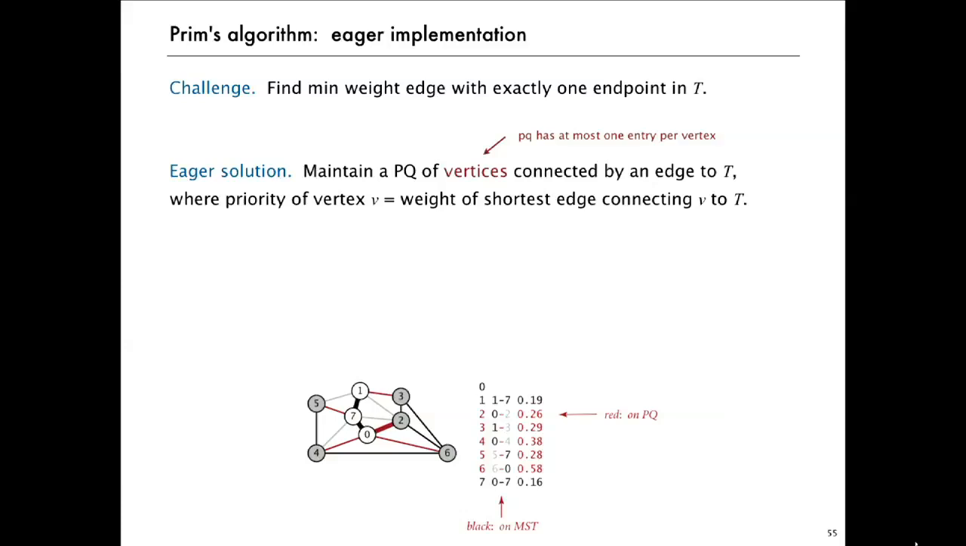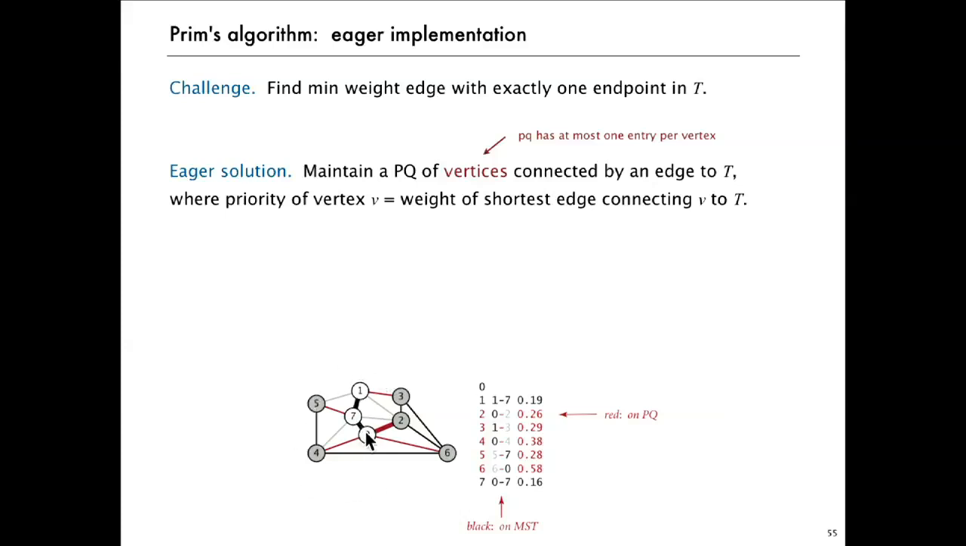So for the eager solution, what we're going to do is the priority queue is going to have vertices, and it's going to have at most one entry per vertex. And so those are the vertices that are not on the tree but are connected by an edge to the tree. And the priority of a given vertex is going to be the weight of the shortest edge connecting that vertex to the tree. So if we look at this little example here,